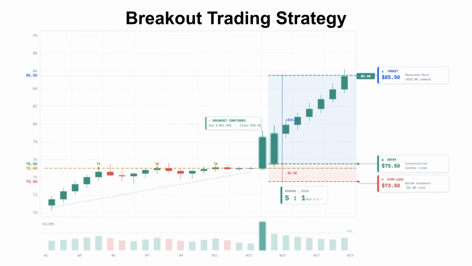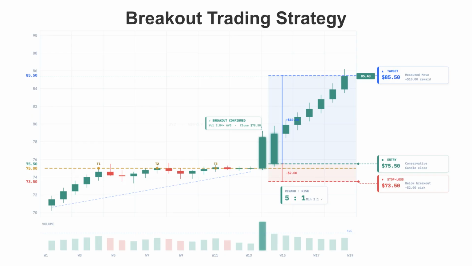Let's briefly recap. A breakout is structured expansion beyond a key level, supported by participation and aligned with market context. High probability setups require a meaningful level, consolidation before expansion, volume confirmation, time frame alignment, and trend context. Execution requires discipline, defined entry, measured targets, logical stops, and strict risk control. In the next video, we'll apply this framework to a real-world chart and walk through the breakout step by step,